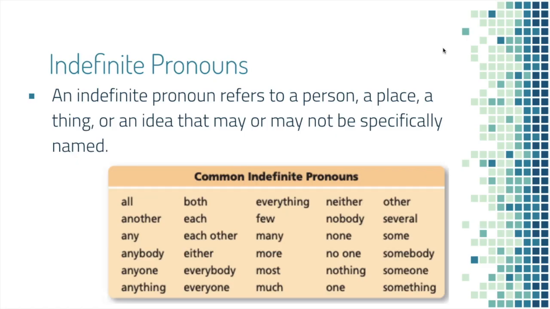Our last type of pronouns are probably the most important type when we talk about pronoun antecedent agreement, because they all fall into different categories. So indefinite pronouns refer to a person, a place, a thing, or an idea that may or may not be specifically named. So some of them that you might notice below are like all, both, each, most, none, or someone. I could say, for example, most of the students finished the benchmark. I'm not being specific which specific students finished the benchmark, but for me, most,